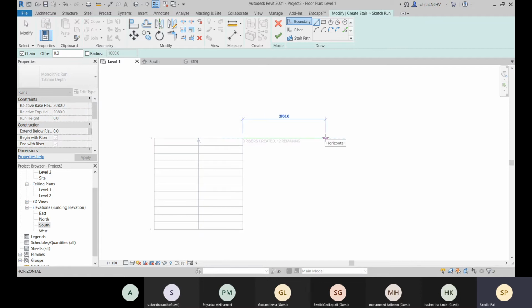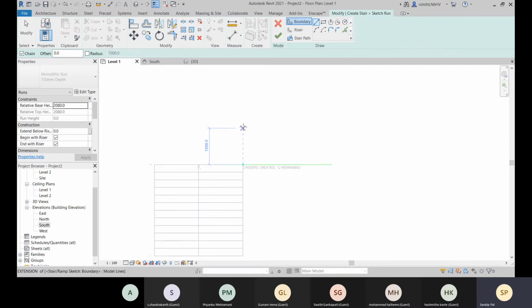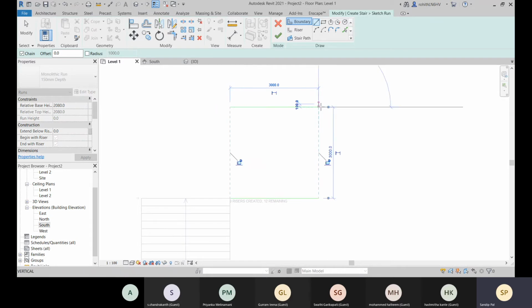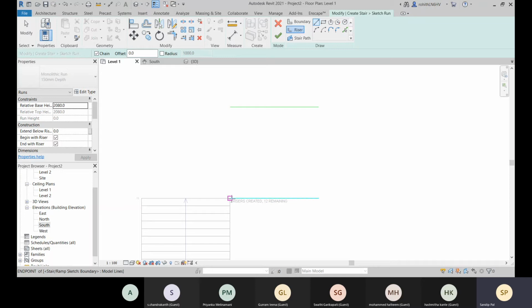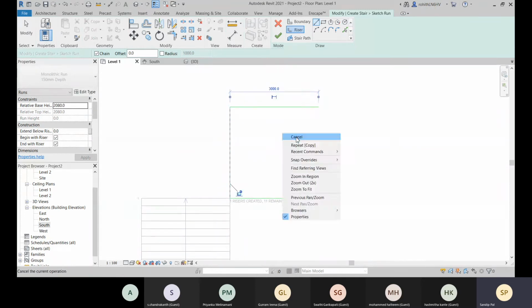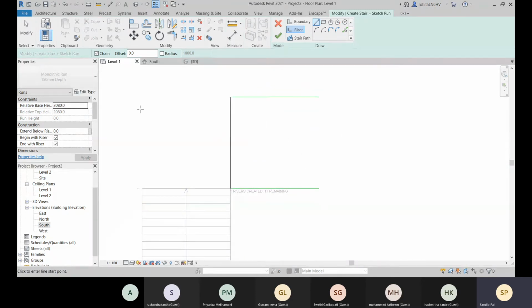Let's go with this. It's showing me the temporary dimension, so let's click with that. And you can go with these risers, and you can go with this array option as well.